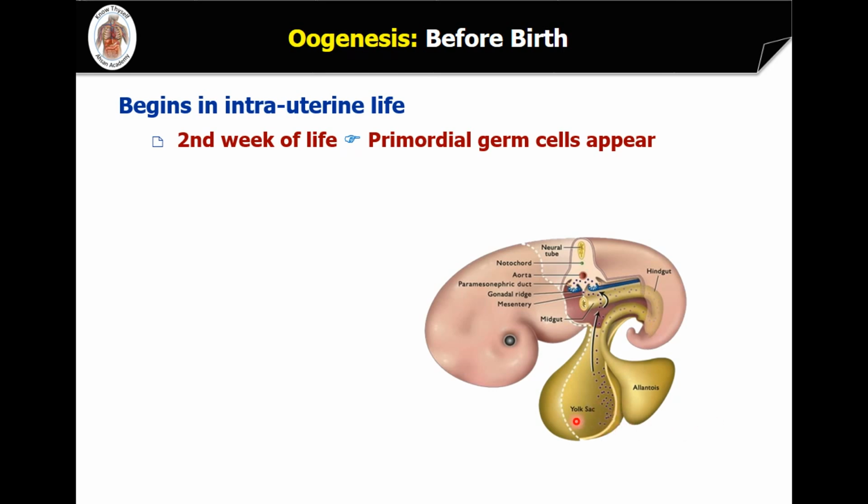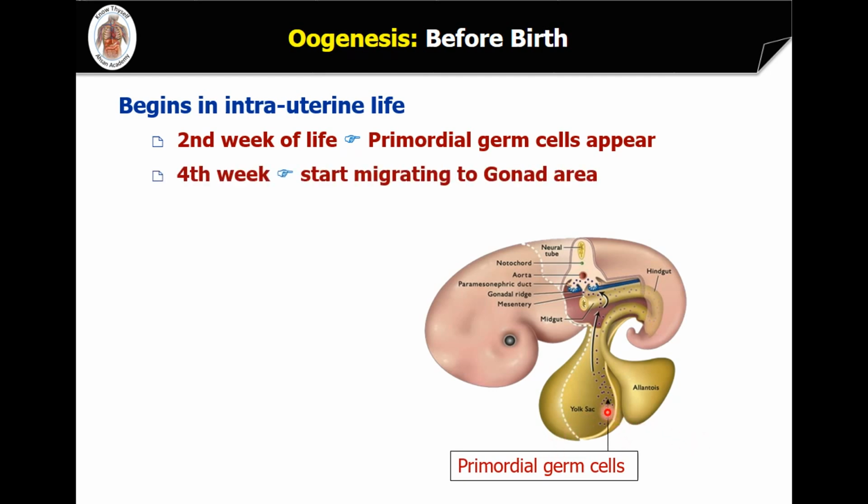So in the second week of life, the germ cells are produced in the wall of the yolk sac. You can see this is the yolk sac, and in its wall the primordial germ cells appear, and these are the primordial germ cells, you can see. And after 2 weeks, in the fourth week, the